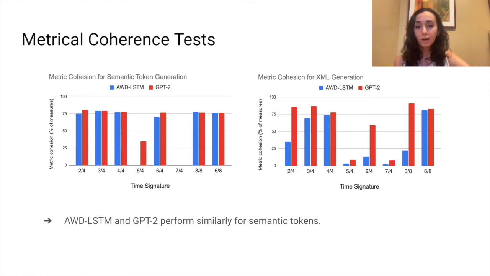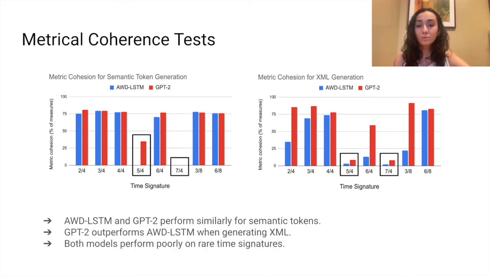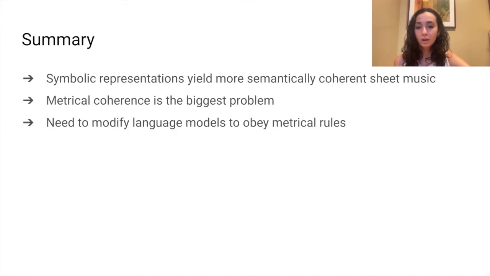The figure on the right compares metrical coherence when generating XML code, and GPT-2 actually outperforms the LSTM when generating XML. We also observe that both models perform poorly on rare time signatures in the dataset, like the 5/4 and the 7/4 time signatures. In summary, symbolic representations compared to image-based approaches yield more semantically coherent sheet music, but